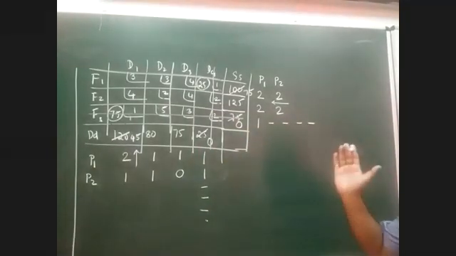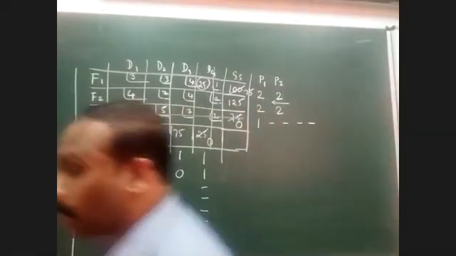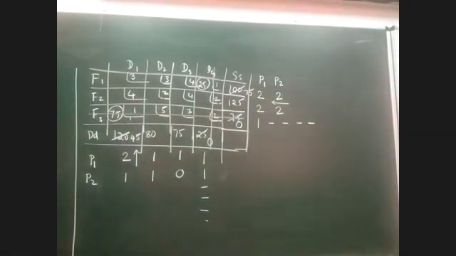Now you can see that the matrix is further reduced. I think I've told you one very important step today. Whenever you are solving using the Vogel's approximation method, please make sure that when it's getting reduced, the question can be solved as long as a minimum of 2 rows and 2 columns are available. This has to be checked after every step. See whether the total number of rows and columns is at least 2. In case the number of columns or rows becomes less than 2, then we have to stop calculating penalty.